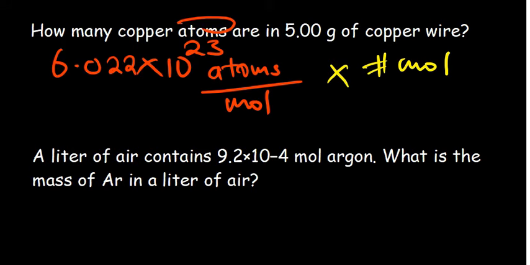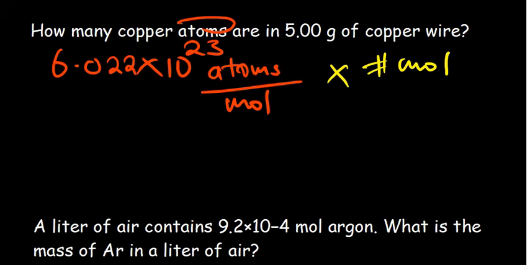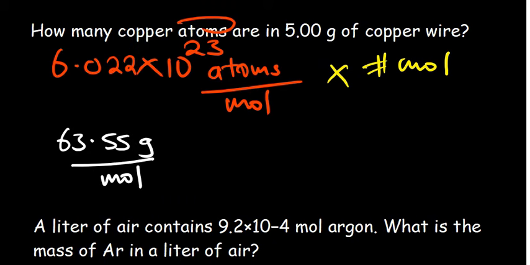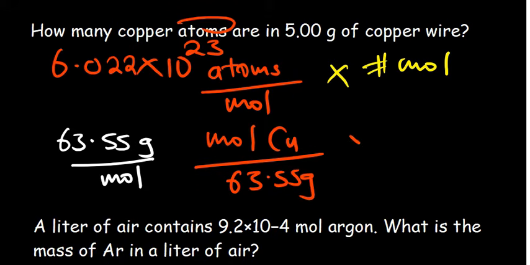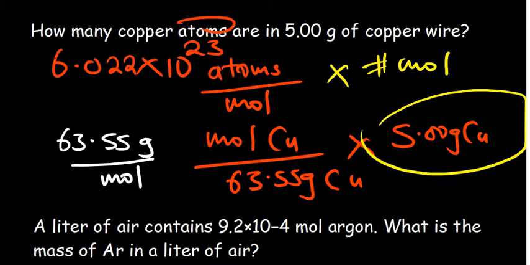So let me just create some space. Okay, so we can quickly do that. So our copper has got 63.55 grams per mole as its molar mass. Now I want to find the number of moles. We'd have to write it in another way. So the mole is supposed to be on top, mole of copper, and then we put 63.55 grams, so that we divide it into the 5.00 grams of copper. So we are dividing the mass of copper by its molar mass, so that we get the number of moles